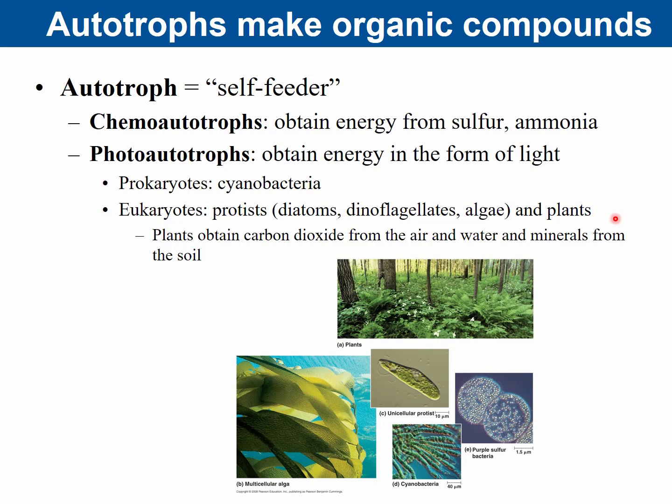In terms of eukaryotes, again, we always think of plants, but that's not the only organism. Diatoms, dinoflagellates, algae, these are all examples of organisms that can take carbon dioxide and water and convert it into